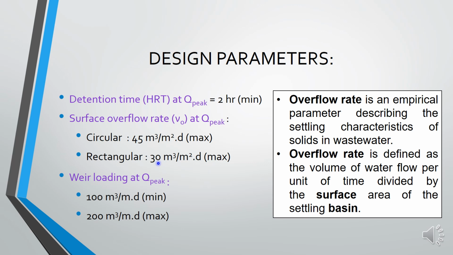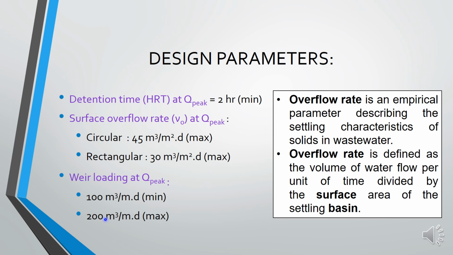Now, weir loading. The weir loading also is a very important parameter, and this shows how much wastewater is going to flow out for each meter of the perimeter of the circular or rectangular tank. As a minimum it has to be 100 cubic meters, and as a maximum 200 cubic meters. So for example, if the weir loading is 200, that means per day each 1 meter of the perimeter of the tank is having a load of 200 cubic meters